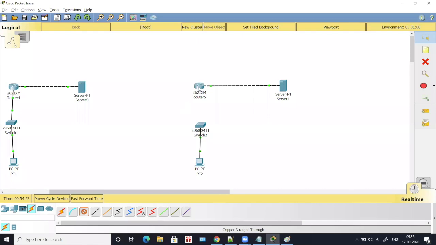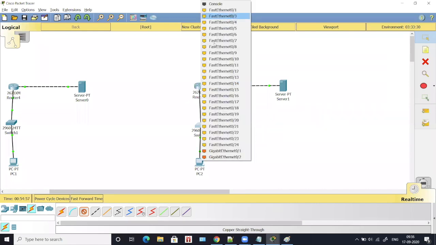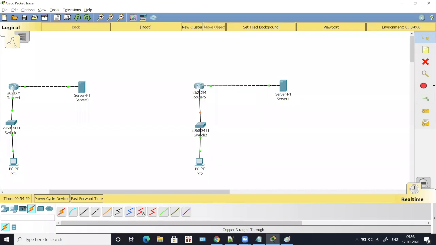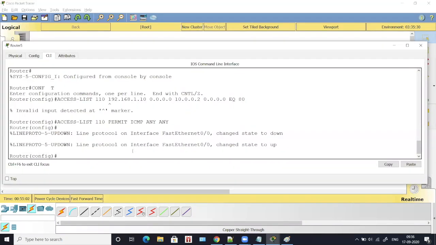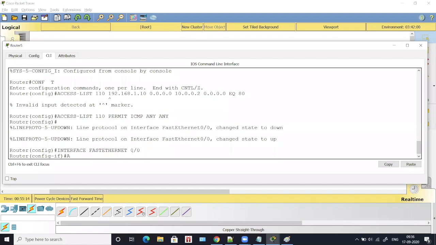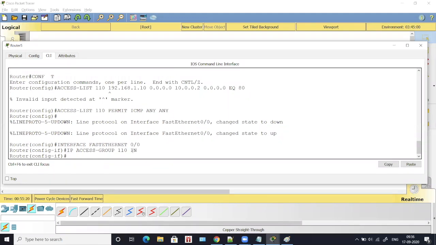So we're going to assign this interface, FastEthernet 0/0. Okay. So we'll open the command line again and we'll choose the interface. It is interface FastEthernet 0/0 and hit enter, and we are going to type ip access-group 110 and we are going to type in, for incoming traffic.